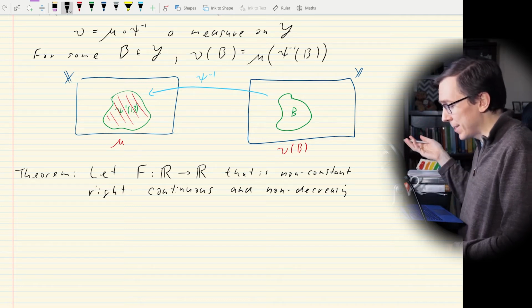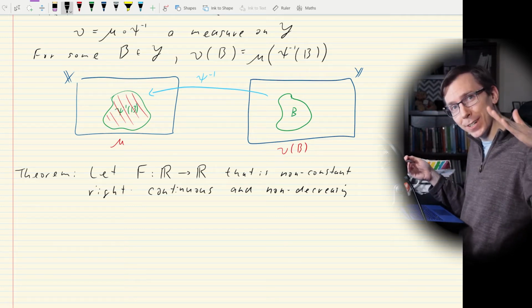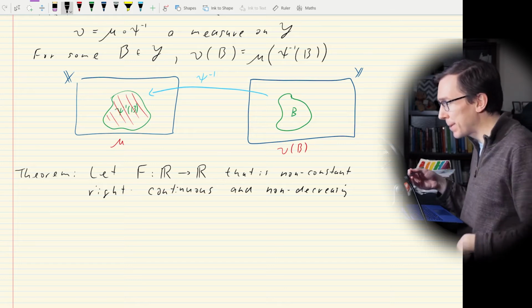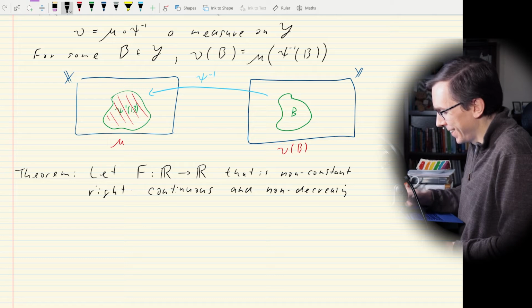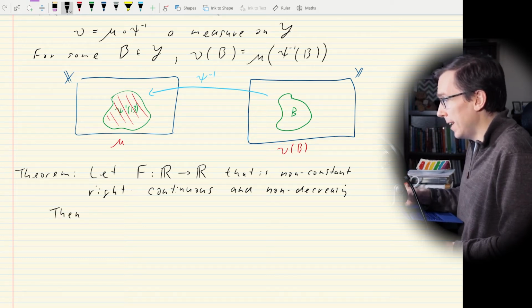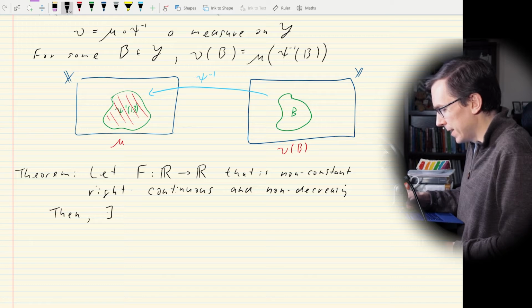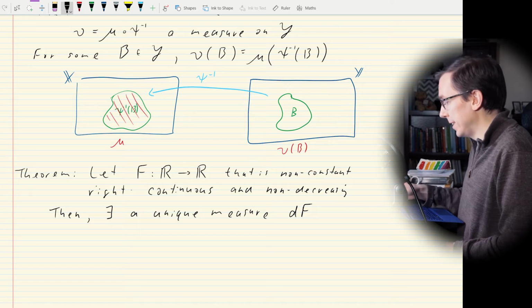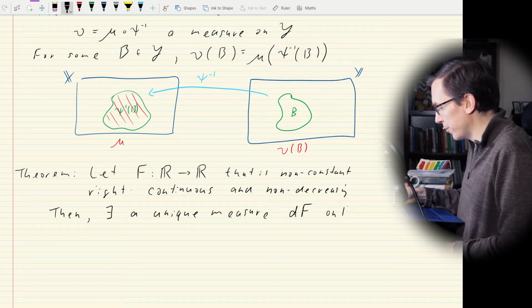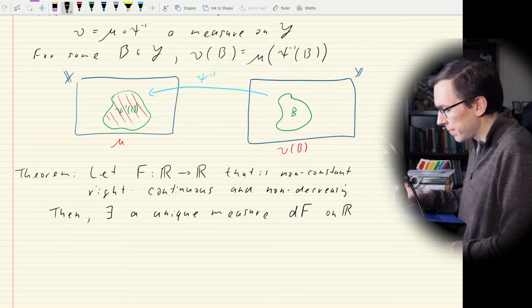Then, given that we have this function, non-constant, right continuous, non-decreasing, so it's mostly going up, or it's flat, but not flat everywhere, then what do we know? Then, basically, there exists a unique measure, which we denote by dF on the reals R, such that